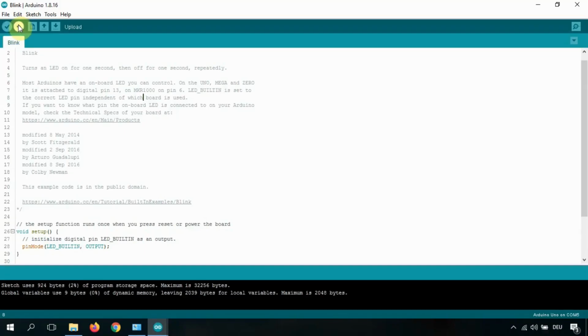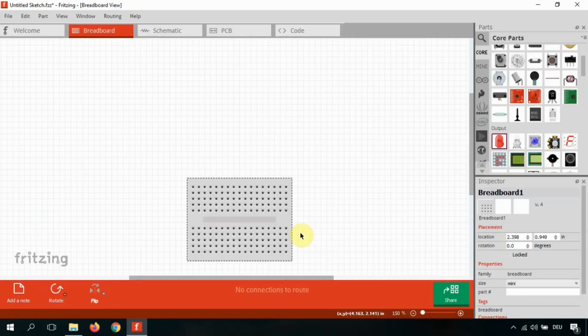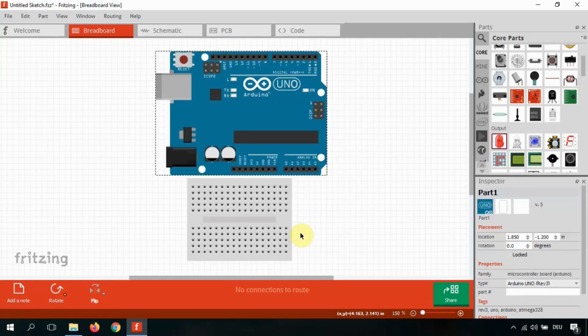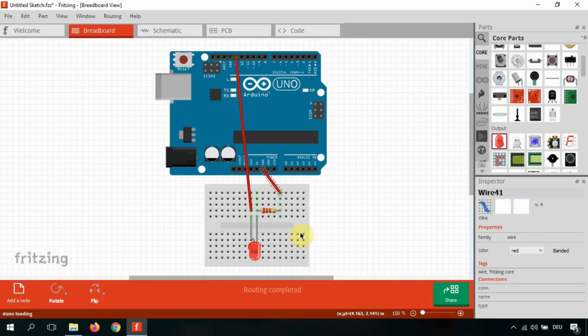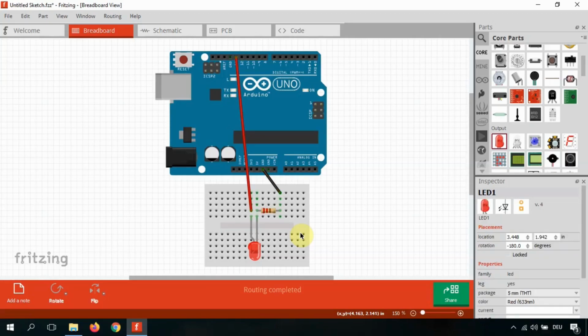Before uploading the software to the Arduino, I'll show you how I have connected the LED to the Arduino with Fritzing software. I'm going to show you quickly how I set up the LED with Arduino. I'm going to take a breadboard, get an Arduino, put it in place, and connect a resistor, so that when I give it a signal the LED does not burn out. I will connect one side of the LED to the resistor, and the line where I'm going to provide a signal, I'll set to red. And the other one, the ground line, I'm going to set to black. That's it. This is all I'm going to do with the Arduino.